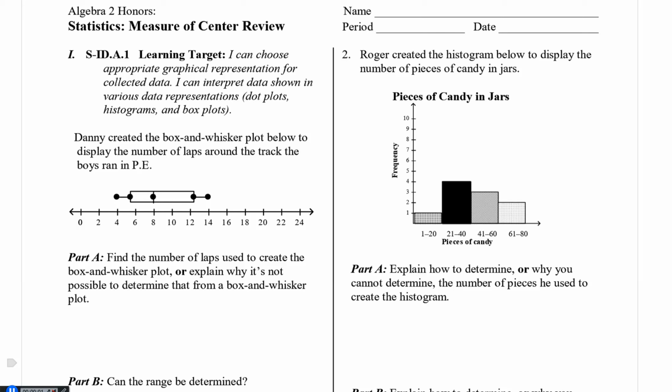Alright, so this is the review for the measures of center part of the statistics unit. Looking at number 1, we have a box plot here. Find the number of laps used to create the box plot, or explain why it's not possible to determine. So basically, we know that a box plot only shows us 5 values. So we can say it's not possible